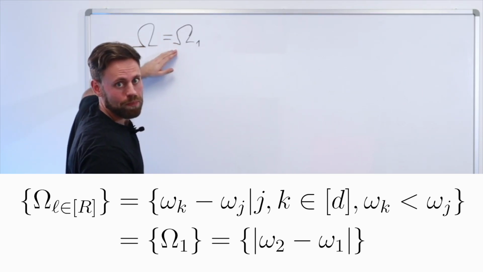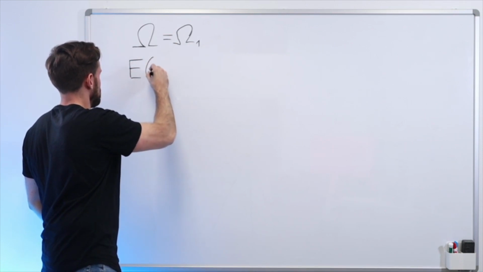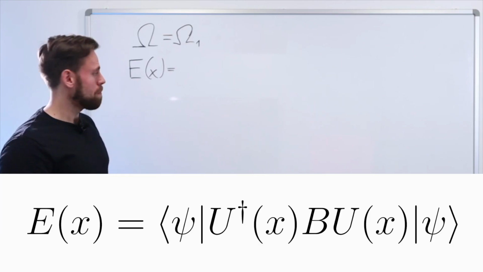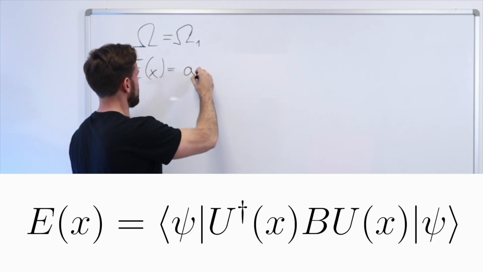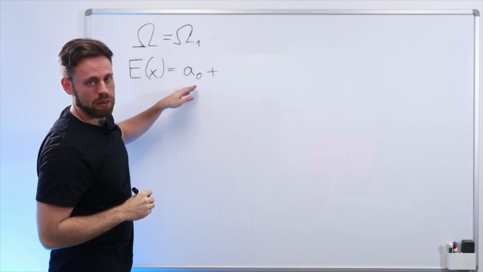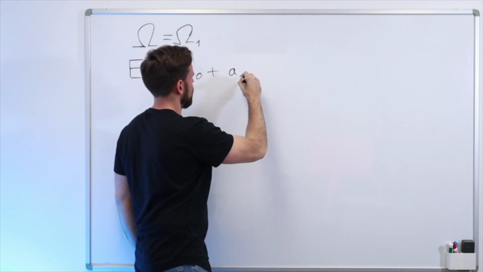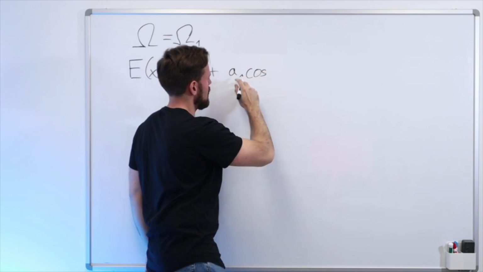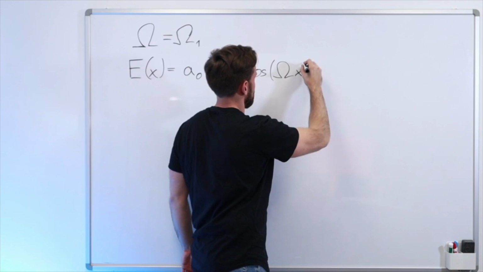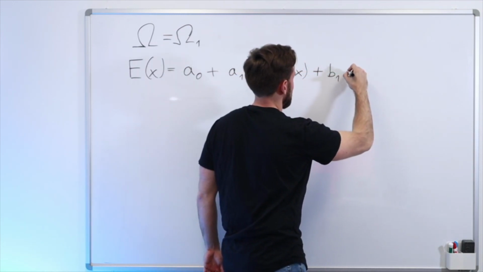What this amounts to is that if we have the expectation value E(x), being the expectation value of some operator B, and we write it in a Fourier representation, then we will only have a single a1 coefficient such that we have a1 cosine omega x here, and then we have b1 times sine